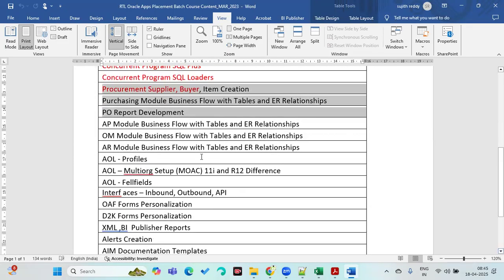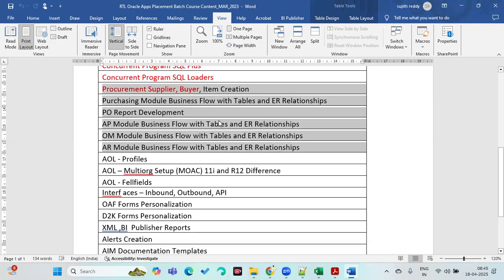How we can work with procurement module, as well as working with account payables, account receivables, order management module, cash management, general ledger. We'll be discussing the inventory module, entire P2P flow and order to cash: procure to pay, order to cash, requisitions, RFQs, quotations, purchase orders, invoices, receipts, payments, ledger, journals, as well as sales order transactions. This all we will get.